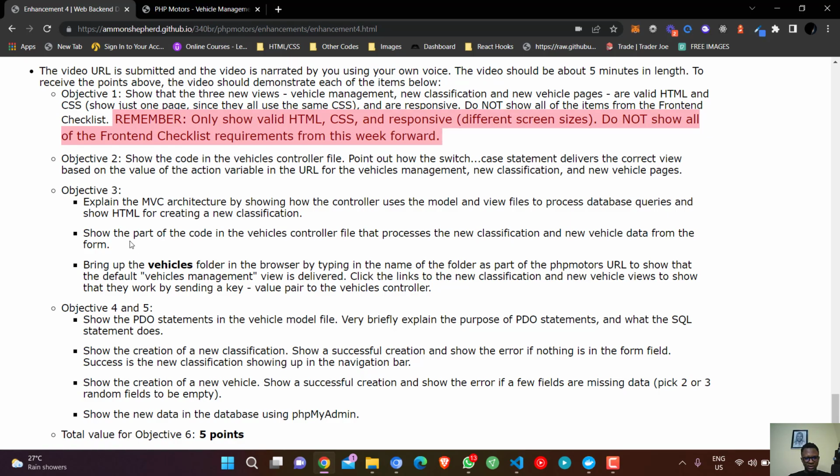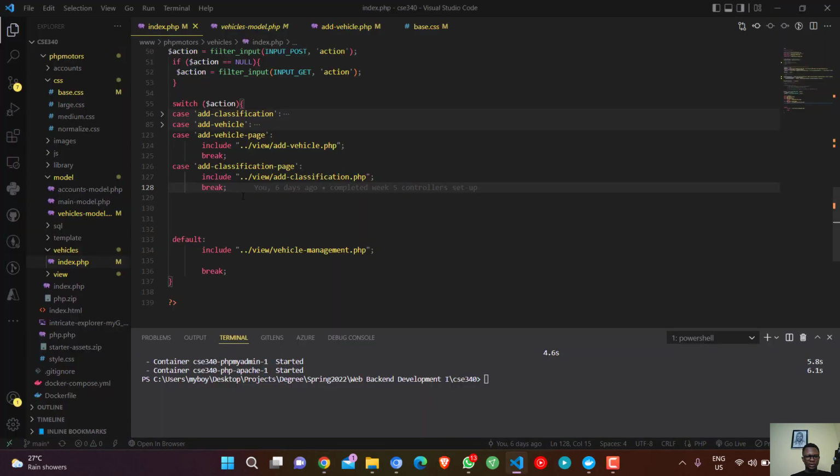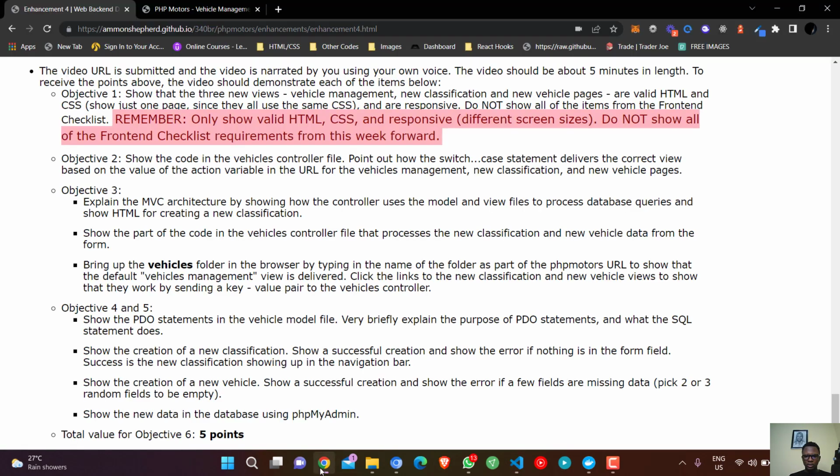Then explain the MVC architecture by showing how the controller uses the model and view files to process database queries. Okay. And then show HTML for creating a new classification. Okay. So HTML code for creating a new classification after showing how the controller uses the model and view files to process the database. So this is the controller, and